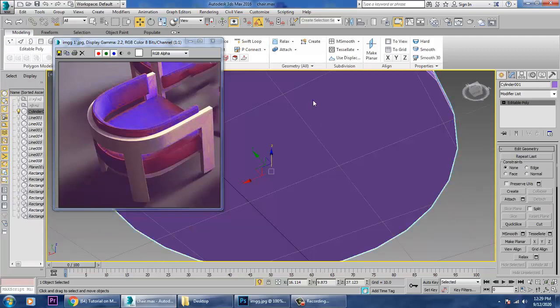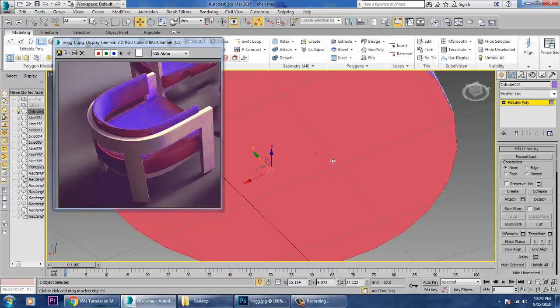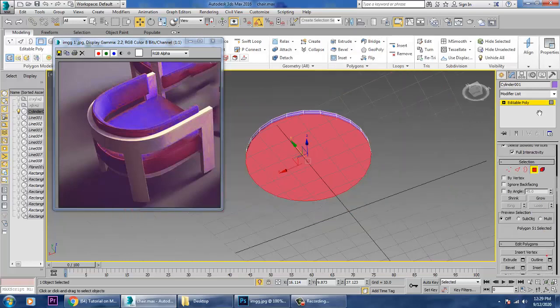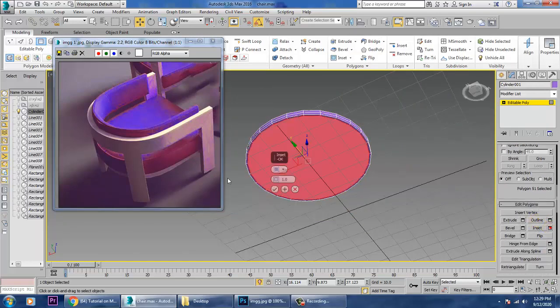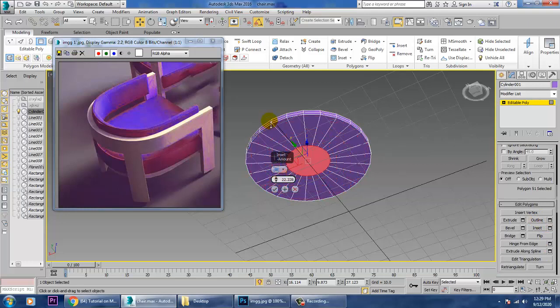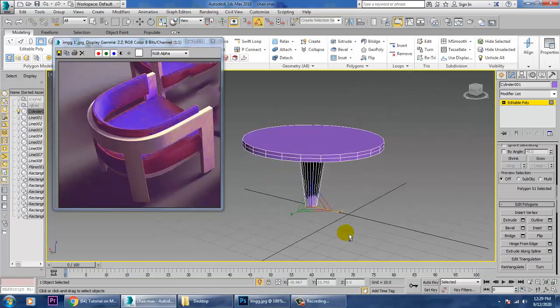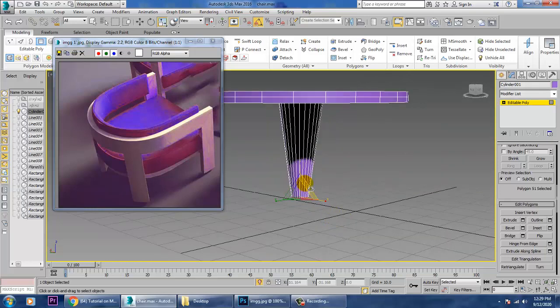Let's go into this polygons and let's use a bit of inset over here, and let's just bevel this. So what I'll be doing over here is I'm just doing the bevel stuff over here and isolate.